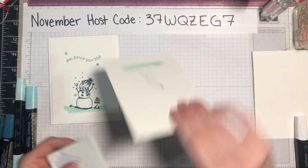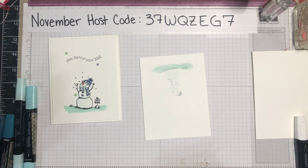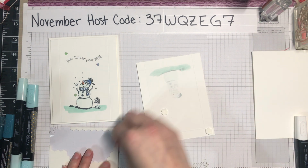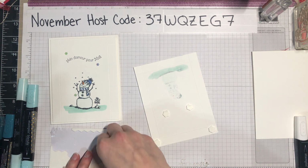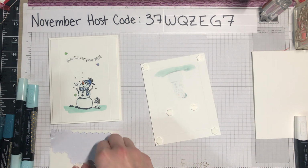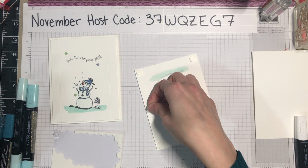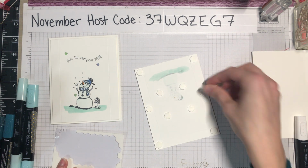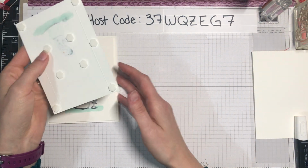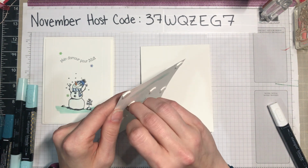So on my end, we've got that ready. Notice I was pushing that ink down, which is why it's seeping through. I'm just going to put down my dimensionals. I'm putting down a fair number of them because I do want it to hold up in the mail. I don't want it to get too damaged. If you have foam strips, you could use those as well. We sell foam strips, but they are a little bit taller than these dimensionals. So if you don't want it to be too tall, you might want to avoid those for this particular card design. So there's that. And so I'm just going to go through, pick off my